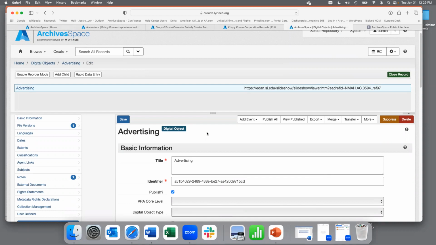ArchivesSpace is not a digital asset management system. So I'll say that again. ArchivesSpace is not a digital asset management system. So you cannot ingest or store digital materials into ArchivesSpace. ArchivesSpace supports the management of digital object metadata, so it allows you to manage the description of your digital material